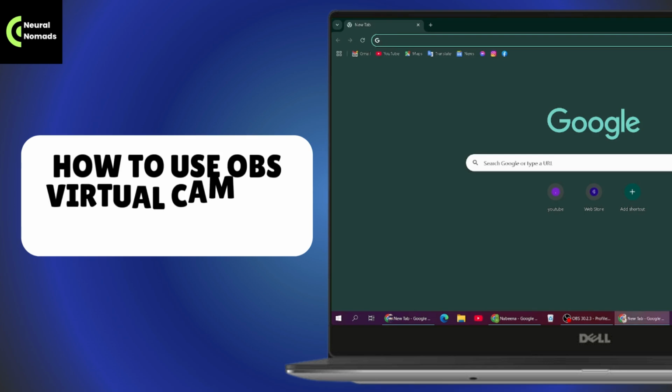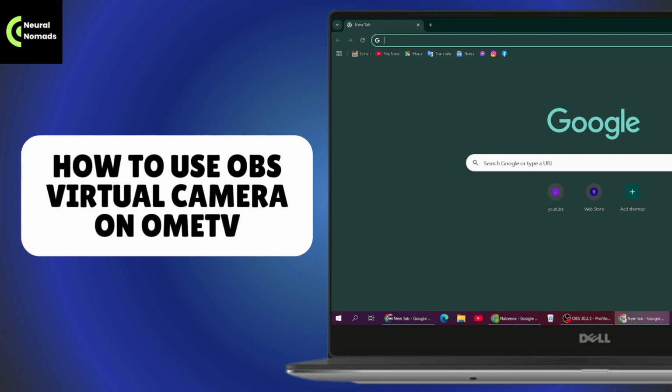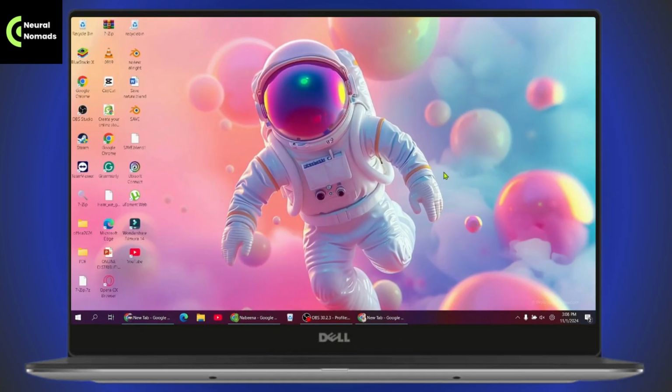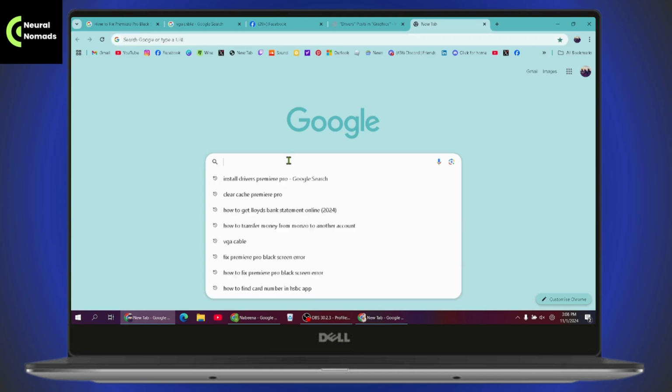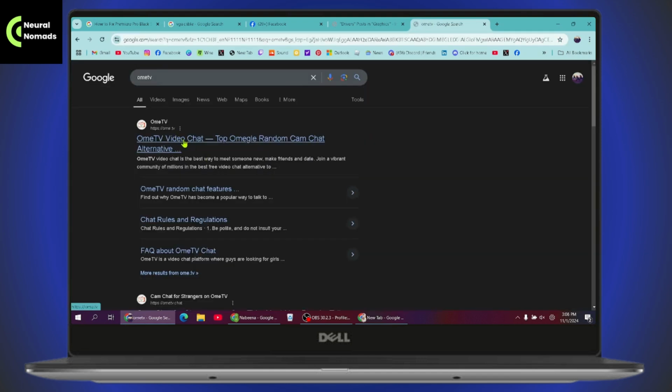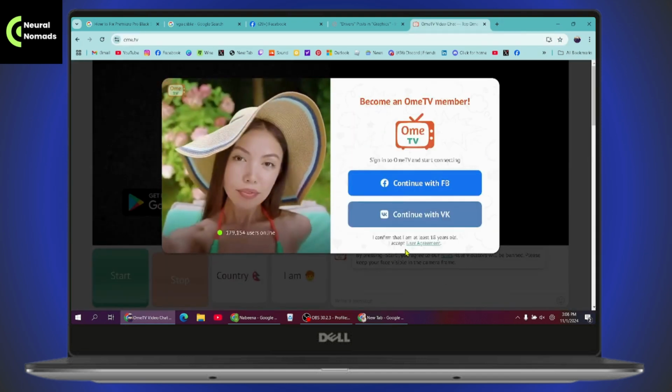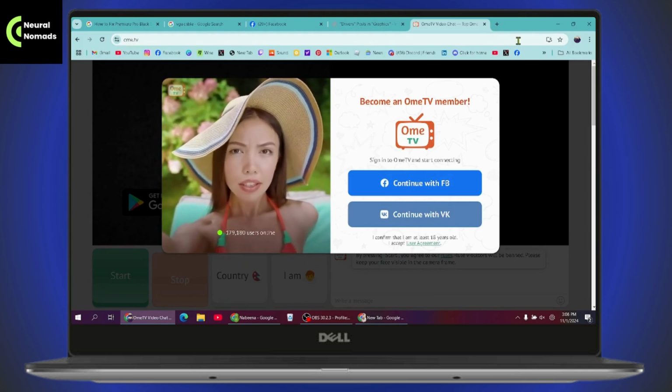How to use OBS Virtual Camera on Ometv. So if you want to use the OBS Virtual Camera on your Ometv, then what you need to do is just go with search, and under search you need to search for Ometv. Once you search, go with Ometv, and once you're here, now you just need to simply minimize that, and you